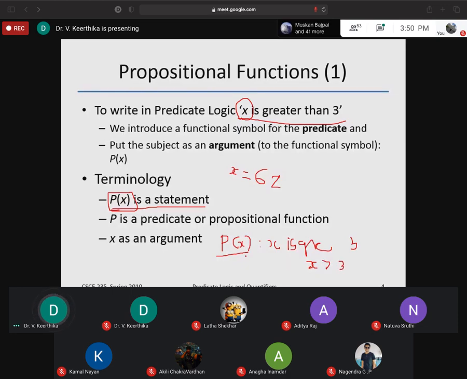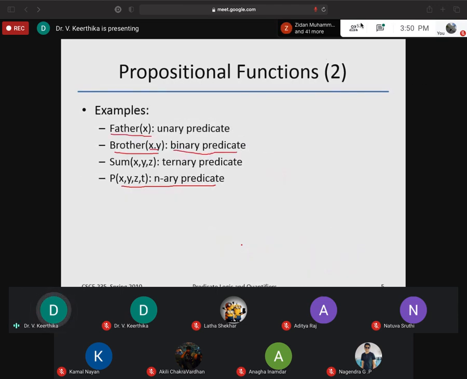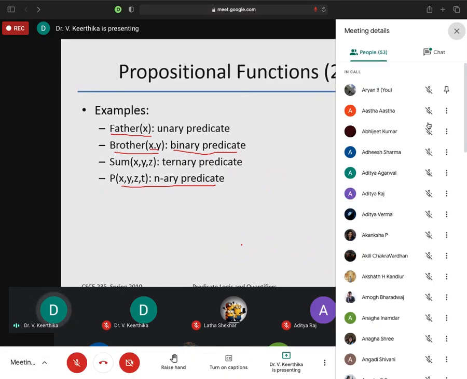This is called P of x. So P is a predicate, or you can say a propositional function, where x is an argument. Simply follow the instructions I'm giving here, then you can go for the exercise.